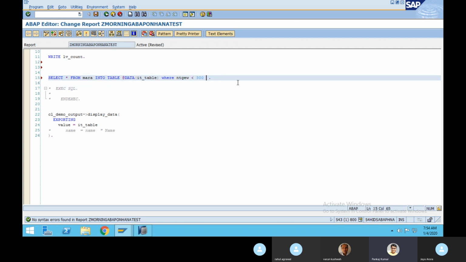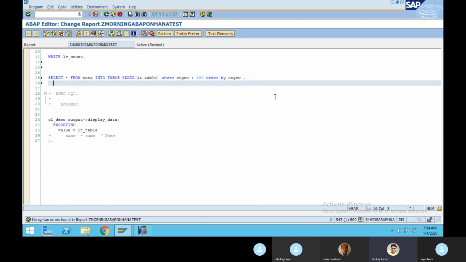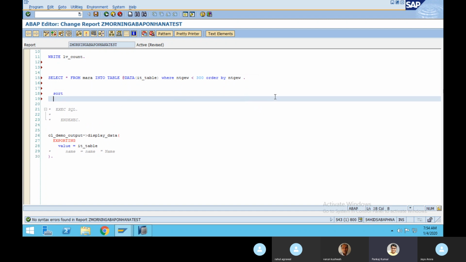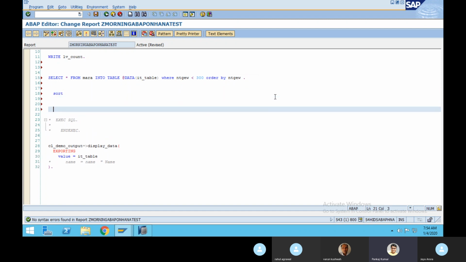It is very much recommended to give ORDER BY NTGEW. In this way you solve two issues. One, you don't have to sort at the application layer. Further, if you are going to use a READ statement with binary search, when you use the binary search,